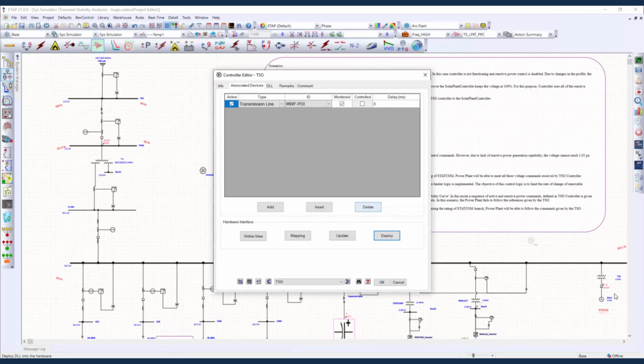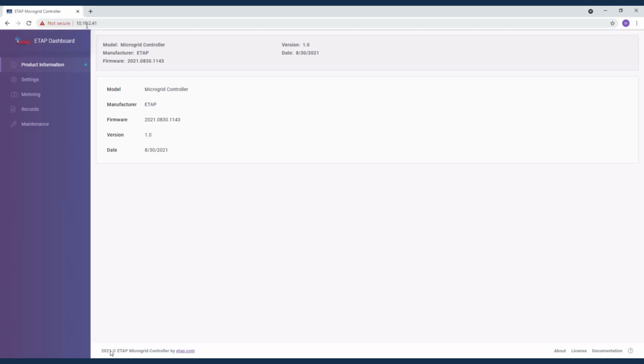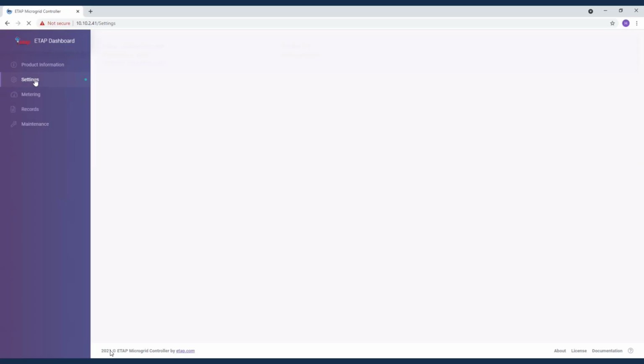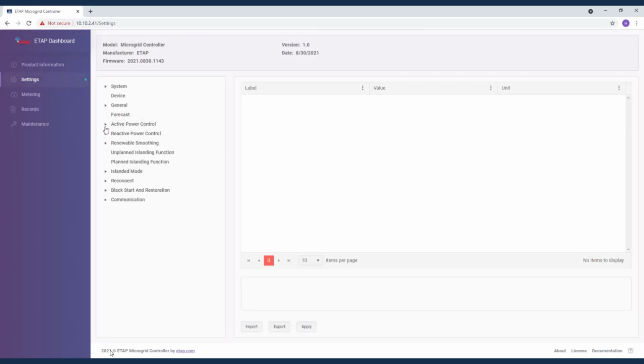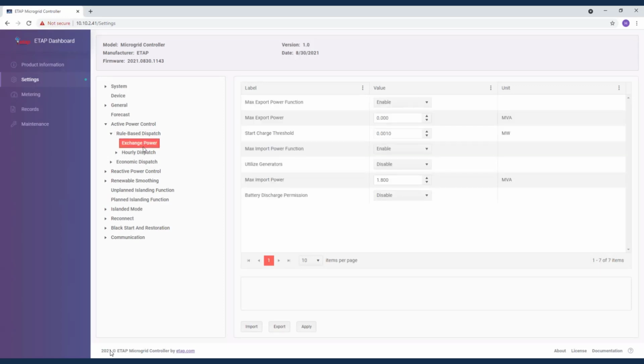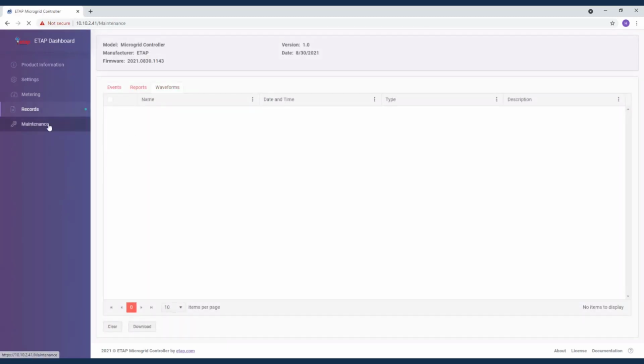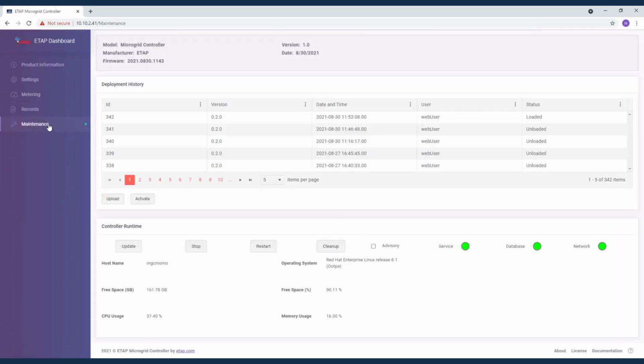Also, we have improved the interface to the controller. You basically have an IP connection to the controller, so you type the IP in a network that you have access to the controller. Here we can find product information. We can look at the settings that have been loaded into the controller. For example, we can look at the rule-based dispatch set points here. You have records, for example, and these records would be events, reports, and waveforms in this case. And then we can also look at different versions that have been loaded,